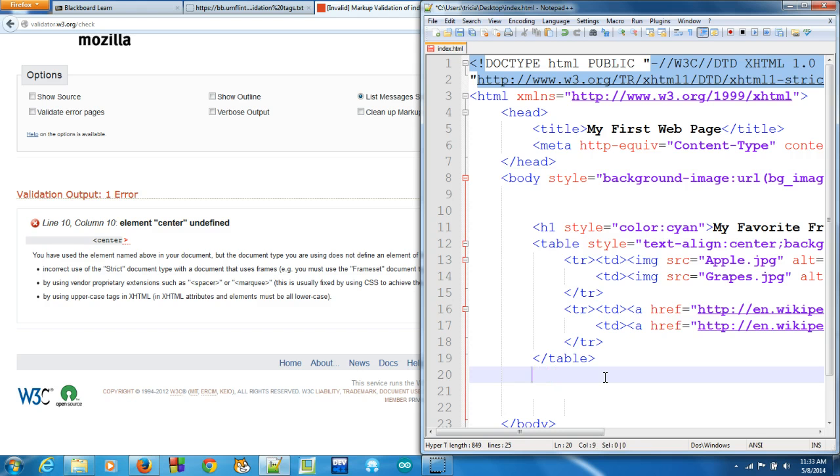And then what I want to do is change the way in which I'm centering the information. So I want to change the style attribute of the H1 tag. I'm going inside and I'm going to put in text-align: center;